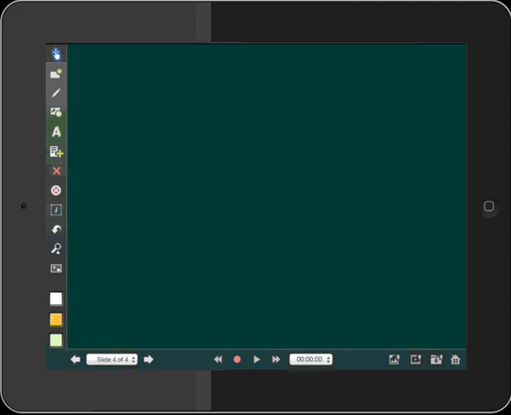So if I wanted to record something here, all I would have to do is hit the red circle at the bottom center of the screen. So I'm going to touch that, and it's recording because it's lit up now, as you can see. So as I'm talking right now, I can say